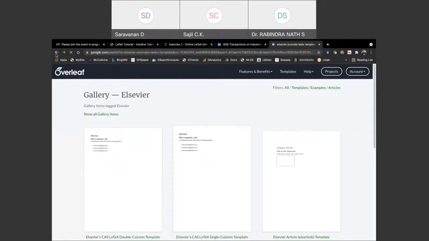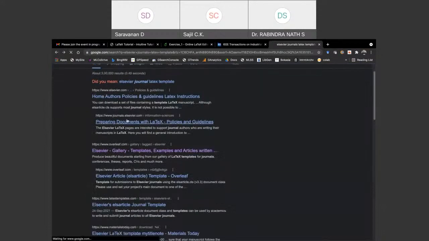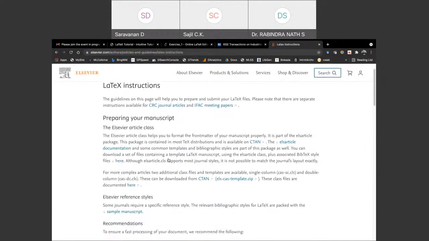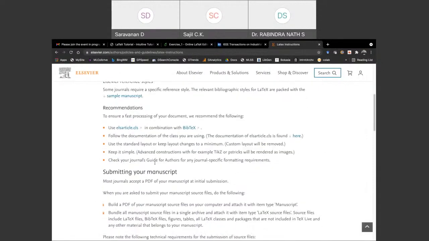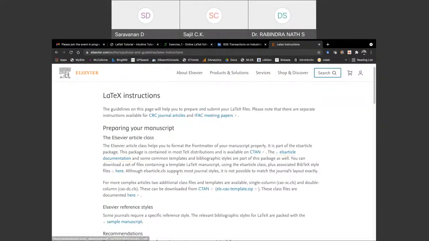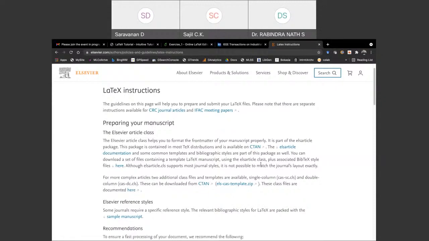This is from Overleaf. Preparing using Elsevier rules, you can download a set of files containing a template LaTeX manuscript using the elsarticle class, plus associated BibTeX style files.